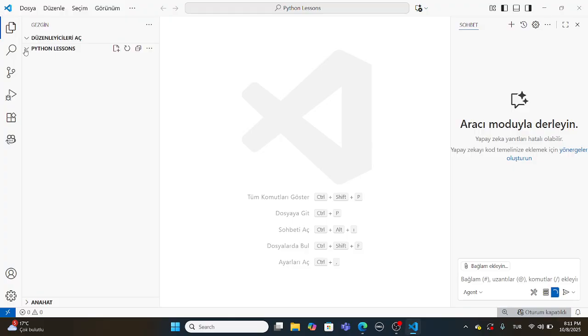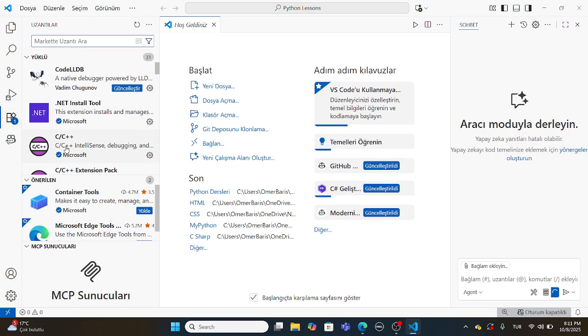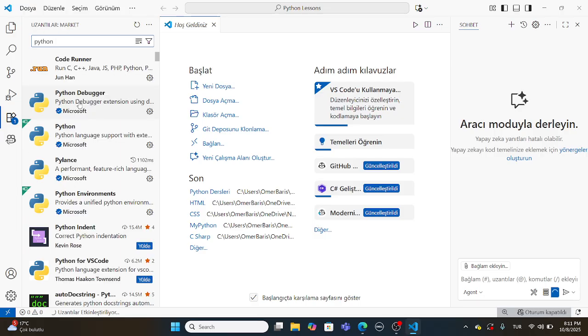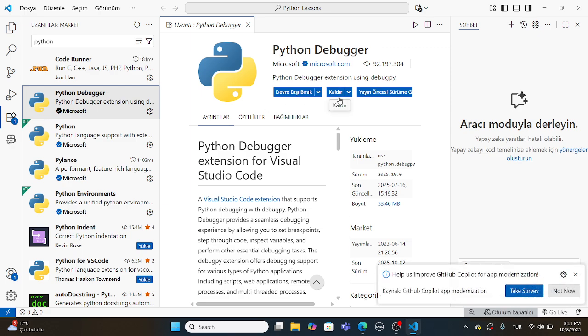Okay, I created my new folder, and then you click extensions, write Python debugger. I have already downloaded. If you didn't upload, you should upload it. Then